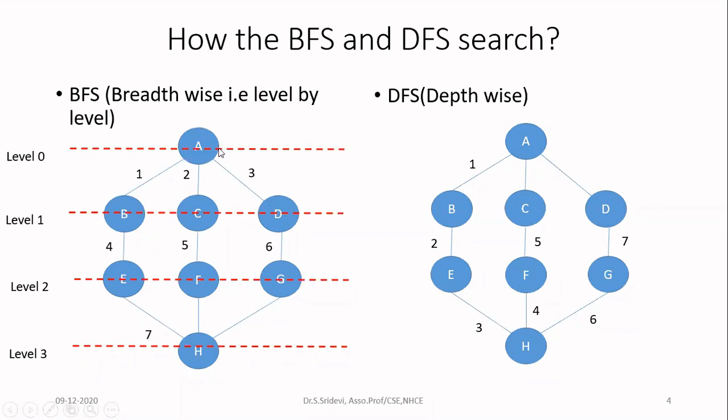First, I'll start from a given node. Here, this node A is the node from where you are going to start your search. I can give any node as a starting node. Even B can be a starting node. You can start with any node. Let me assume that I am starting with the node A. First, I will finish this node A. I will visit it, and it will be printed in the output. After that, I have to search the neighbors of A. The neighbors of A will be in the next level, that is, they will be connected to A by means of one link.